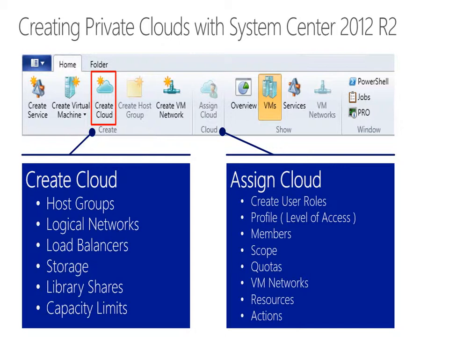Once we have those private clouds set up, we can then assign access to those private clouds, so that if we had development teams or business unit IT teams that were interested in having direct access to be able to provision resources on these delegated private clouds, we could assign them access through a user role, scope that down to just the clouds within our private network, our private data center that we wish them to have access to, further restrict quotas, and even go down as far as restricting actions of what they can do on those private clouds,